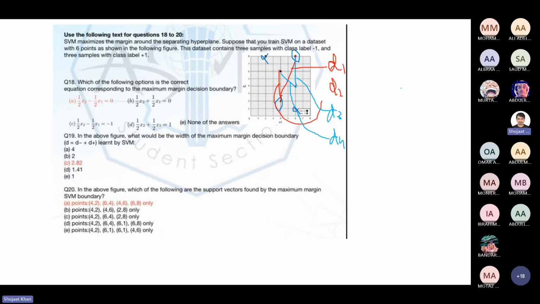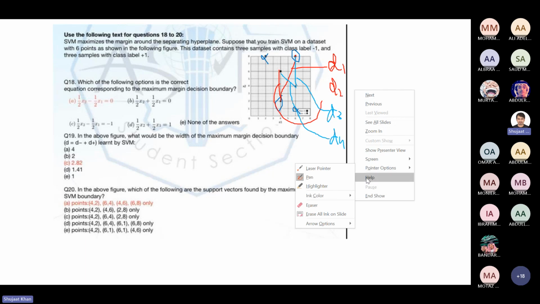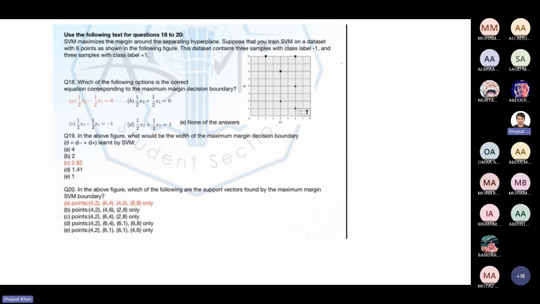Now, which distance is the minimum one, just by visually looking at the distances? Can you tell? D4. So it tells you that these 2 points are closest to each other, and any error in the classification, if it occurs, will be because of these 2 points, because they will bring our hyperplane close. Now let's use the same concept and find out: if I remove this point, if I remove this point,